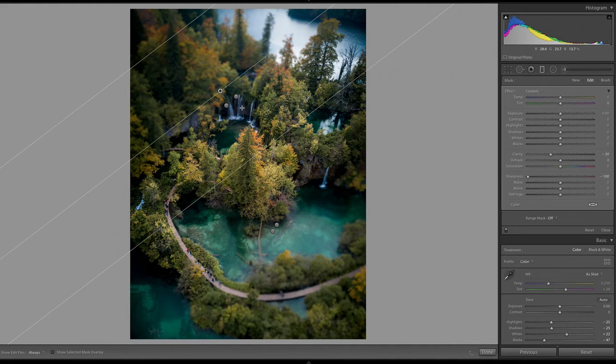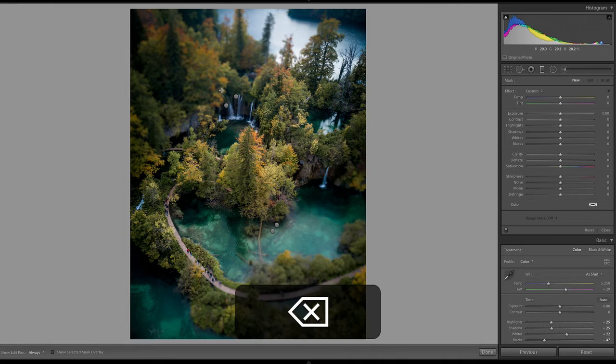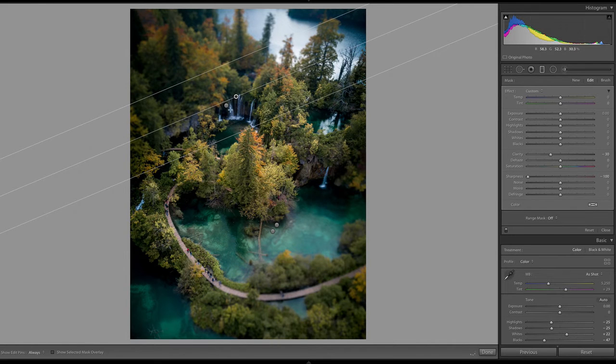Now, the more you go, the blurrier it's going to get, but it starts to look a little bit too fake in my opinion. So I'm going to leave it like that in terms of the blur. In terms of the blur angle, looks pretty good. I might actually try to flatten these out just a little bit. Something like so. This one down here.